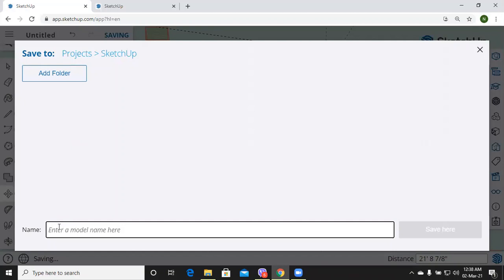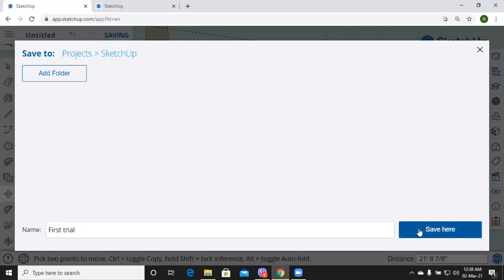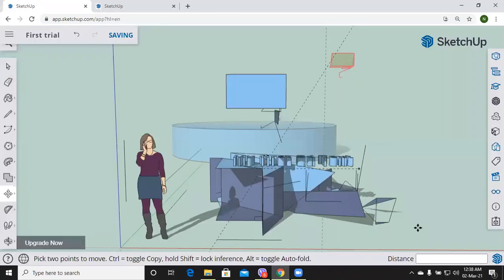If you want to create one, you can enter the name of the model you have created. Suppose I will name it as first trial. You can save it over here. It's saving right now. Like this, you can